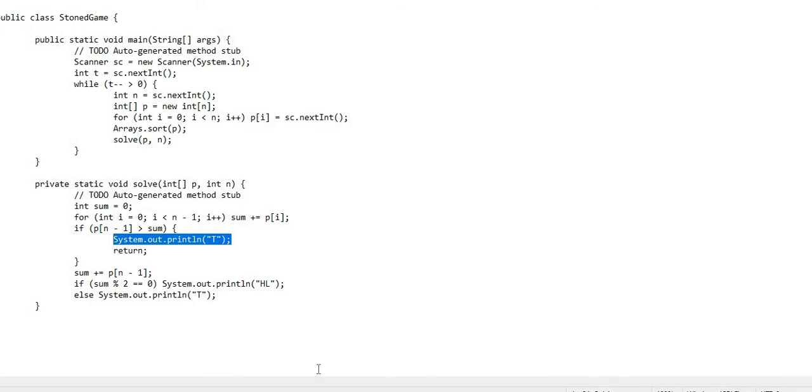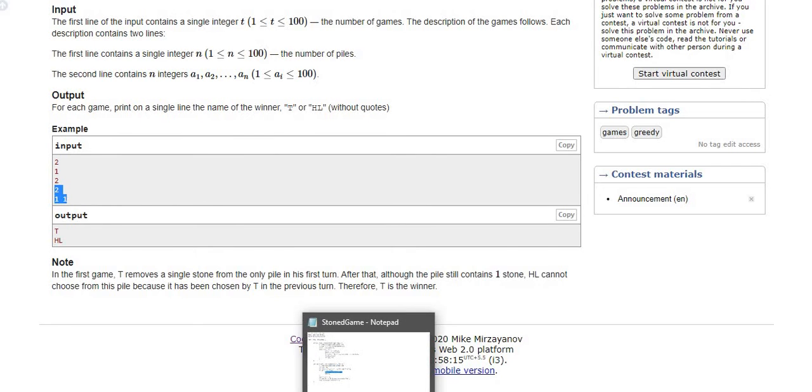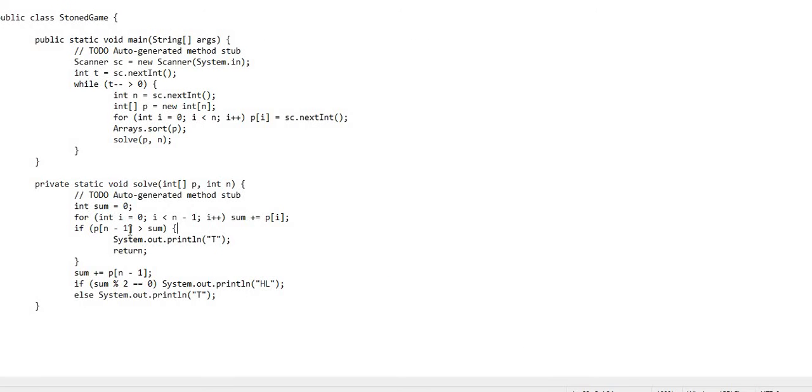But if that is not the case, there can be a situation like this one, where the sum is equal to the last element. In this case 1 is not greater than 1, so it is equal. So what we do is add the last element back into the sum, and then we check the parity of that sum.